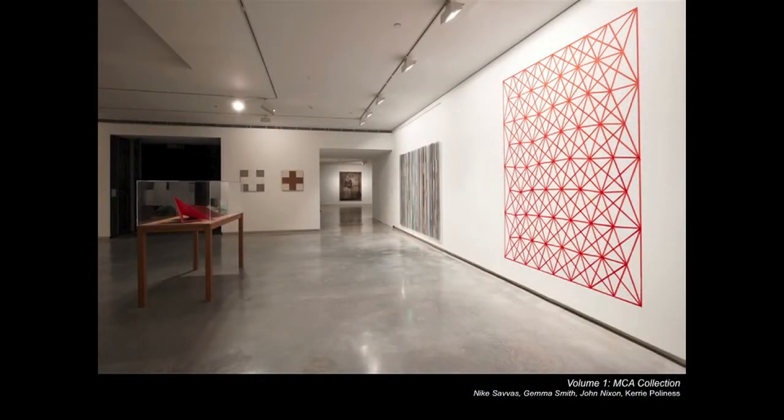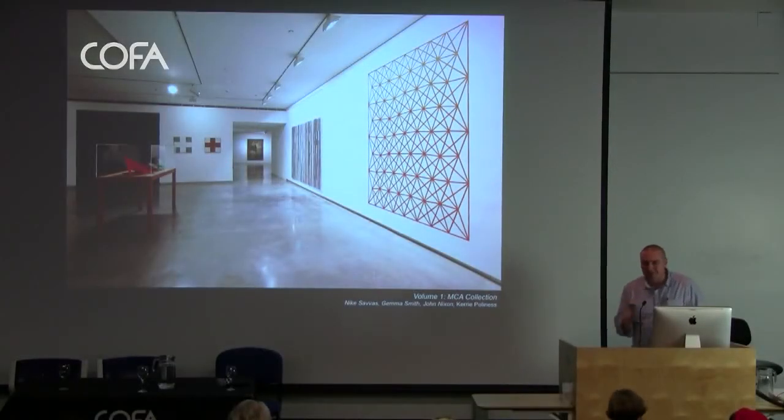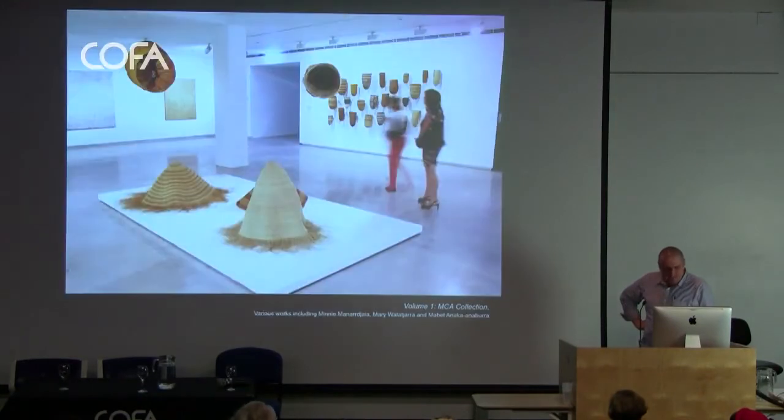This is a space dedicated to abstraction. I will point out one really interesting thing. If you want to walk around the MCA Collection floor and do a count based on gender, it's almost 50-50. It's very close. There's variables, and if I explain the variables, there's the group of bark